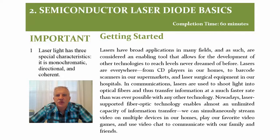First, I'm going to ask you to read a very comprehensive theory introduction into lasers and laser applications, followed by the theory behind operation of a laser diode. You will learn about the construction of a laser diode and the way it produces a directional and coherent beam. And then in the practical part of this lab, we are going to look at our laser